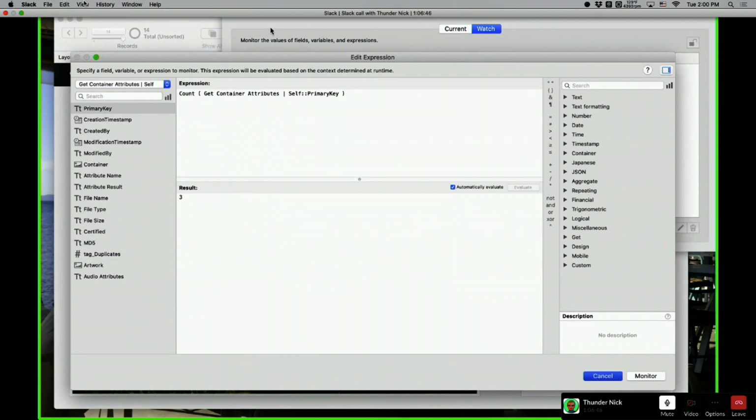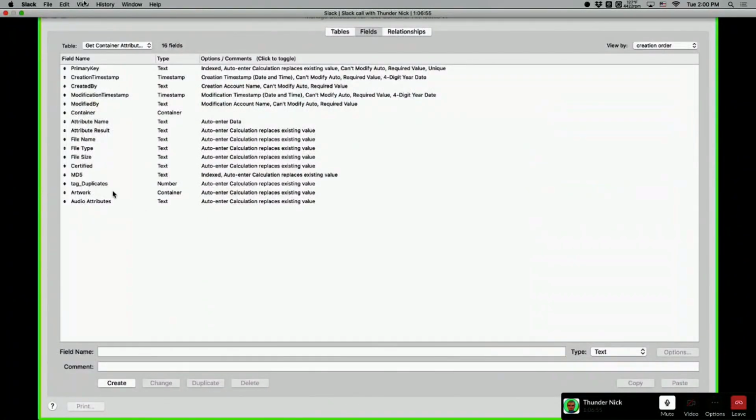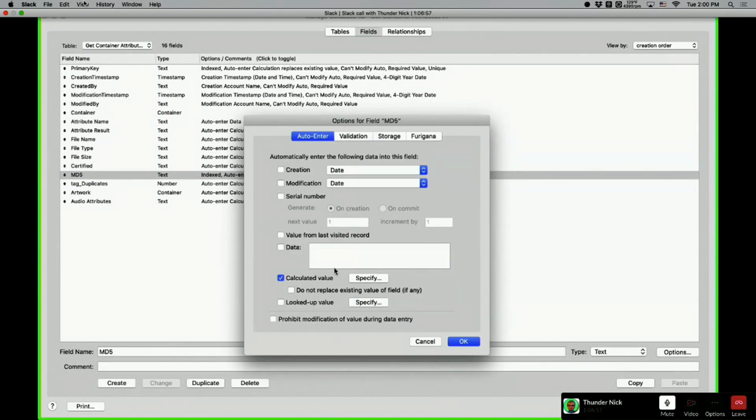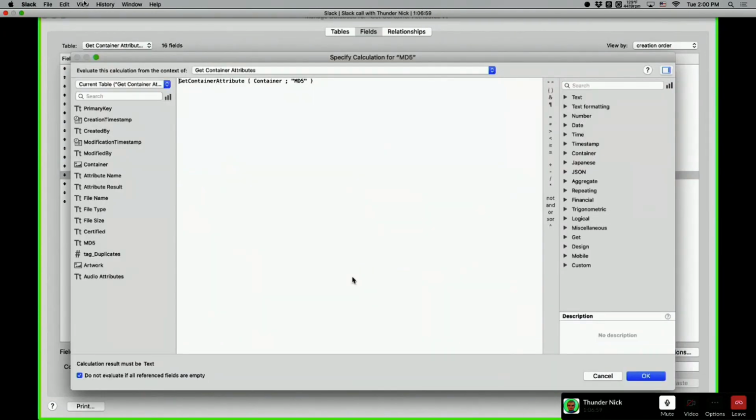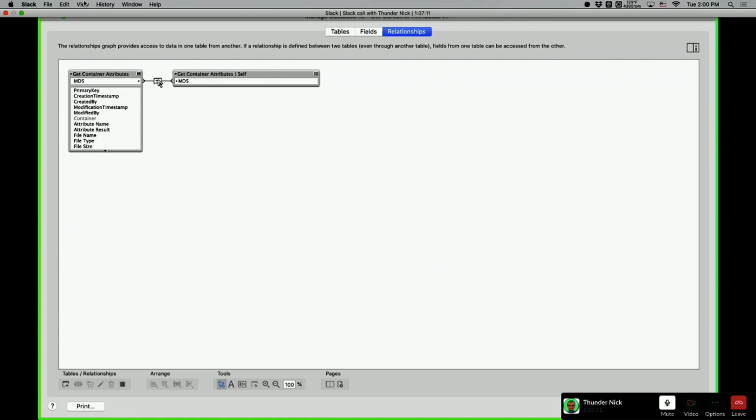So how does this work? I'm extracting the MD5 number into a field here. Each time I insert a file in the container, I have the GetContainerAttribute with the MD5, so I'm calling this number. And now that I have this, I'm using pure 100% FileMaker.